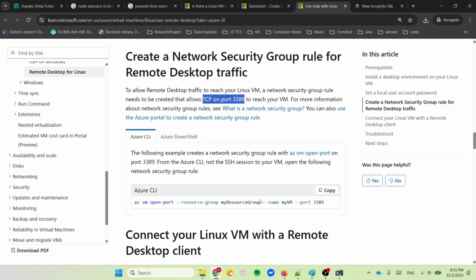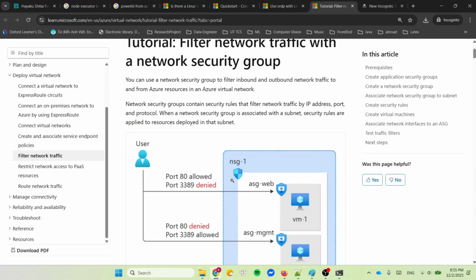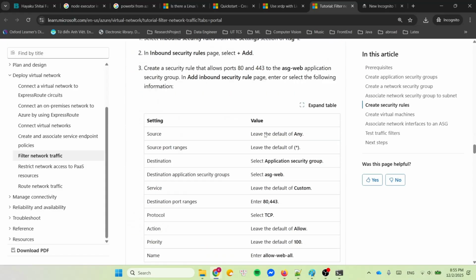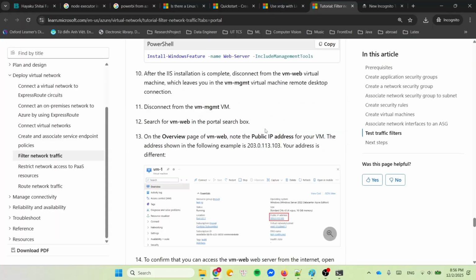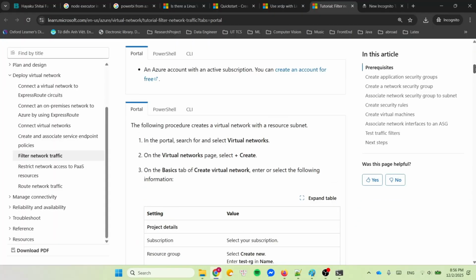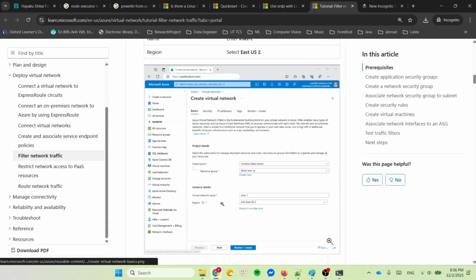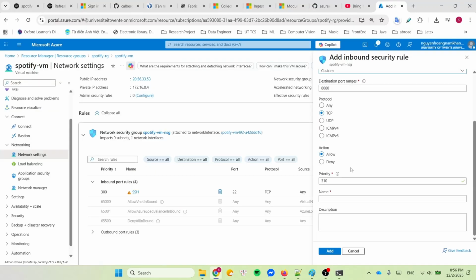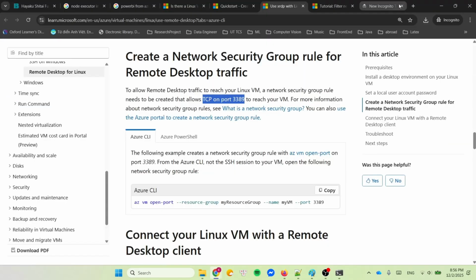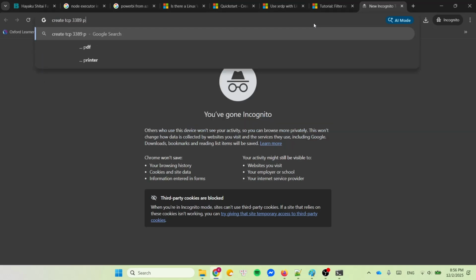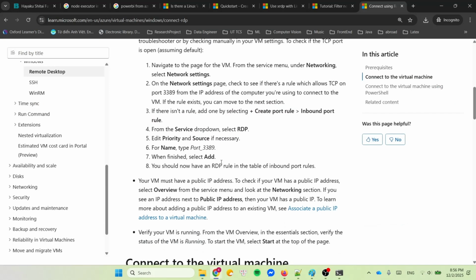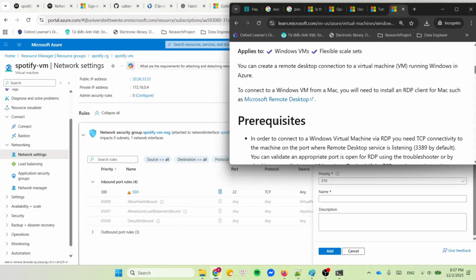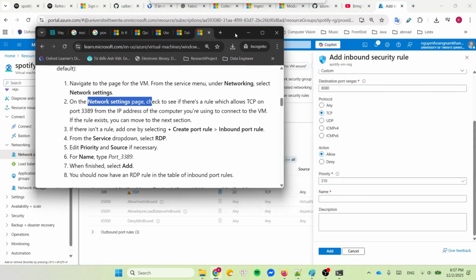Let's see it again. Okay, let's see how it creates. Which machine? Where is it? It's weird. Just Google it. Okay, here is the network setting page. On the network setting page,